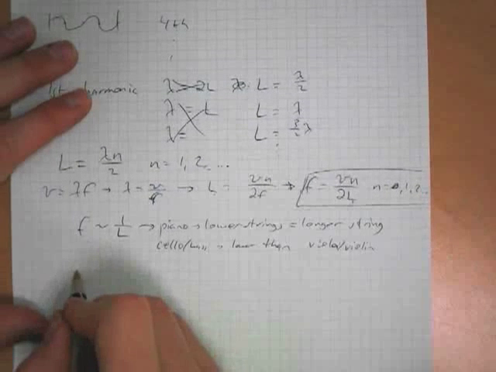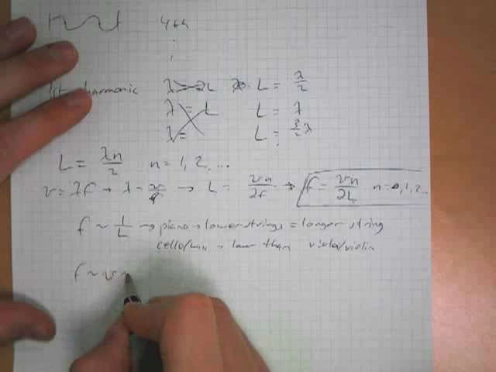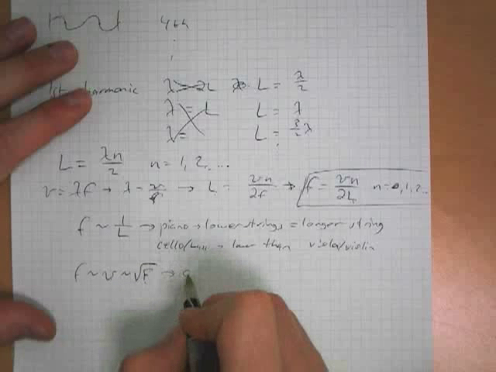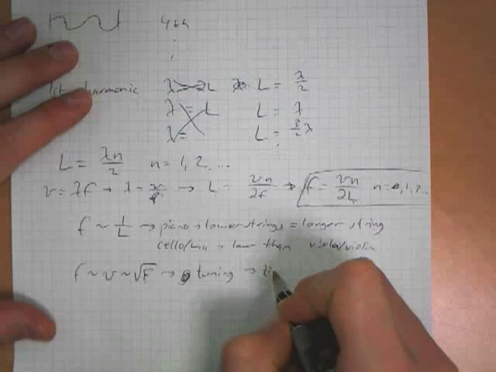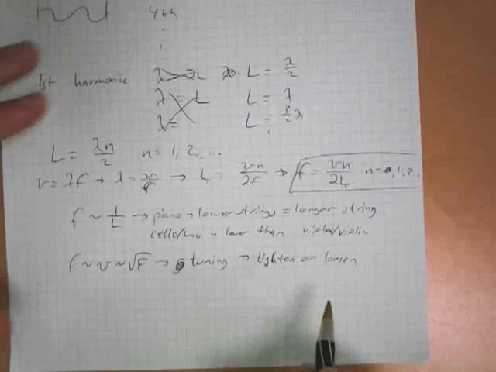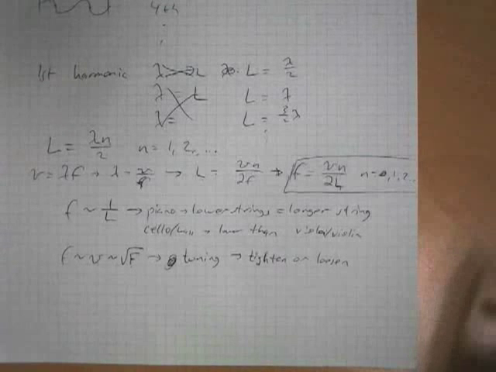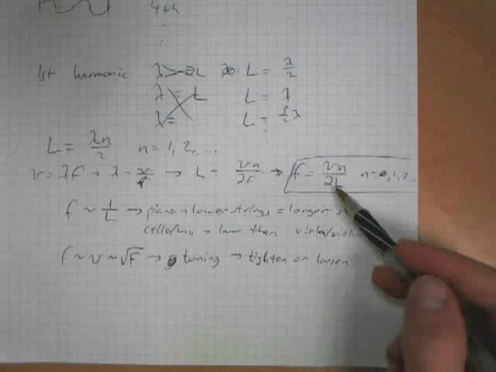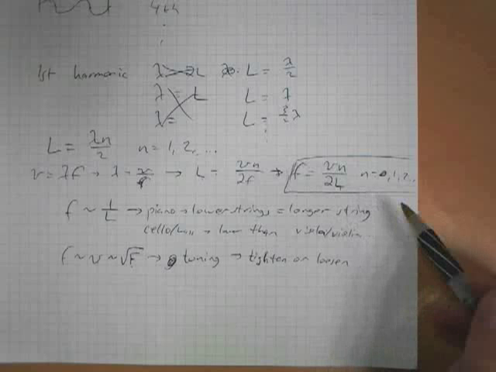We also know that frequency is proportional to velocity, and remember the velocity of a wave in a string is proportional to the square root of the tension in the string, which is how you tune a stringed instrument. You either tighten or loosen the string. You tighten it to get a higher pitch, you loosen it to get a lower pitch. So when you tune a guitar or violin or cello or any sort of stringed instrument, that's what you're doing, tightening or loosening the string. That's much easier. You can't really change the length of the instrument on the fly, but you can tighten or loosen the strings to change the pitch